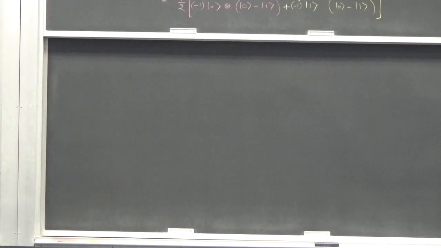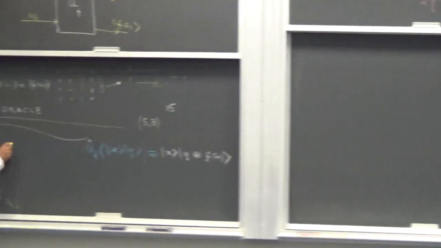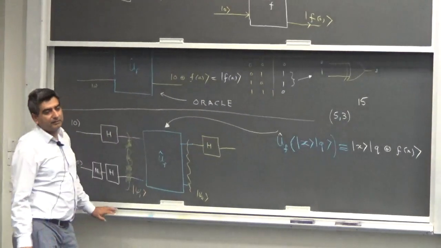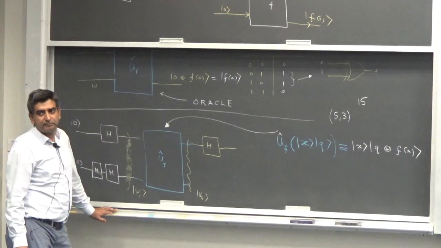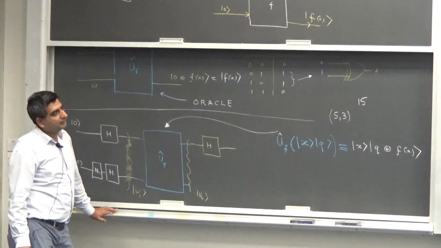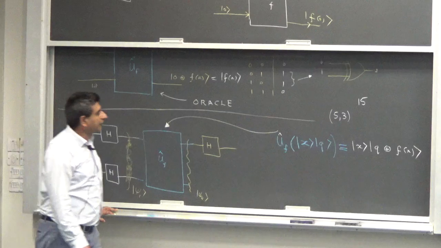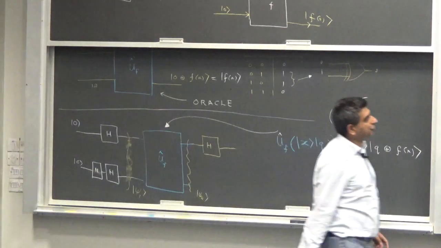So what I could do, what if I put a Hadamard gate here? Let's see what's going to happen. If I were to put a Hadamard gate on the first qubit,